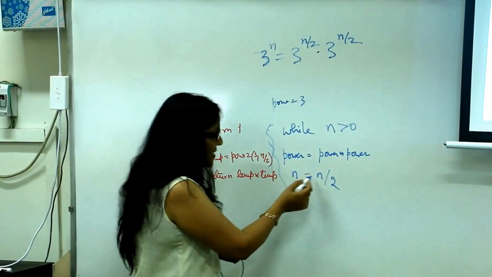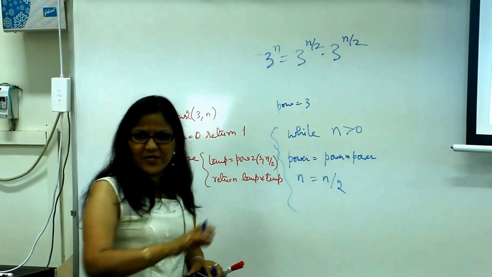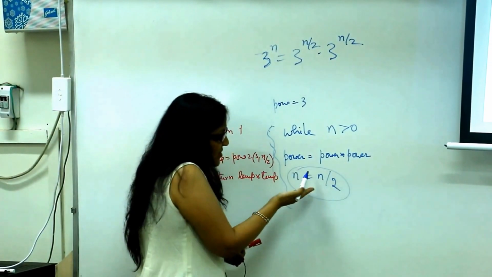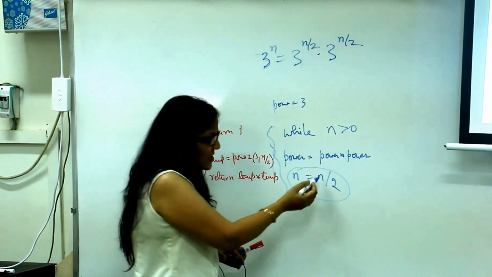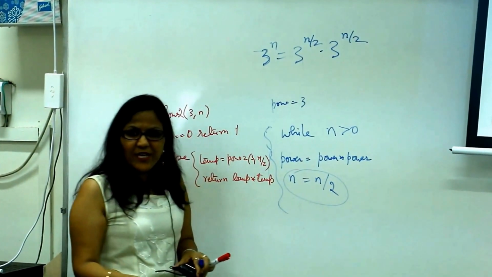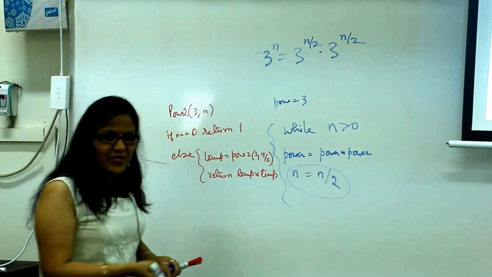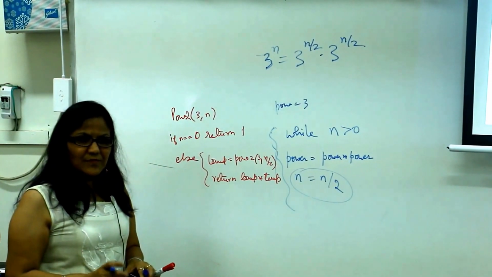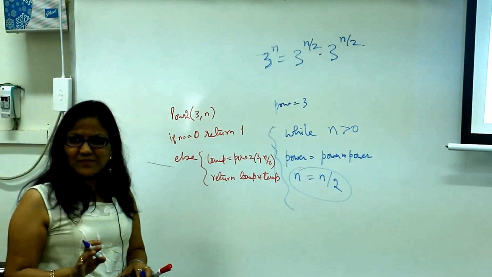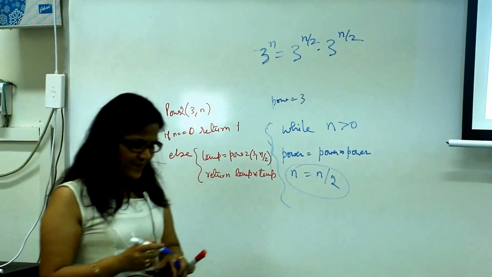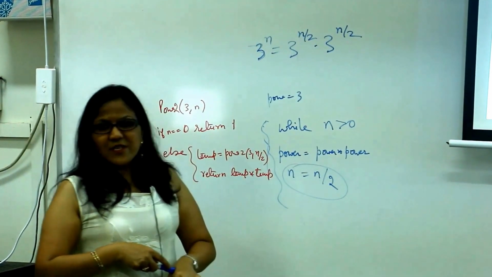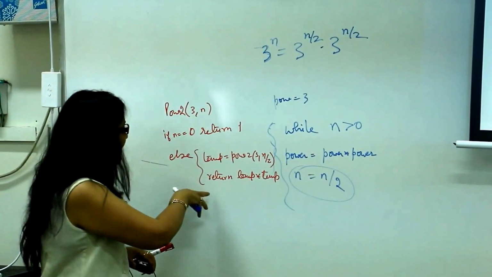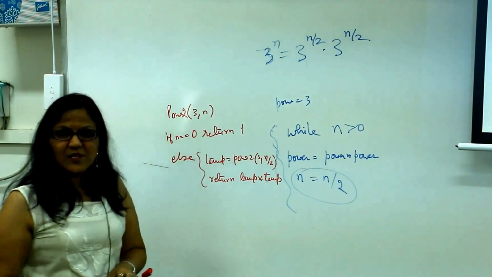So this is not used anywhere. Yes, you can use a temporary variable so that n is not affected, but the idea is this. This is not used in the computation. This is only being done to keep a counter of how many times we have run the loop. So it is basically computing log n for you. So already complicated. Of course, this is the simplest problem, so it's not so complicated, but it's definitely more complicated than its recursive counterpart.